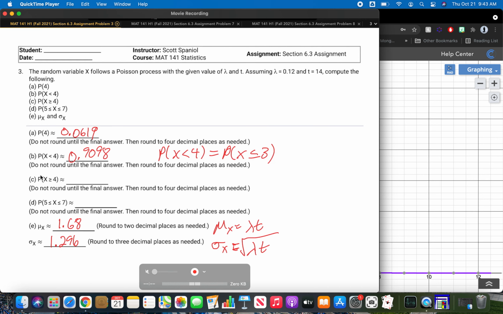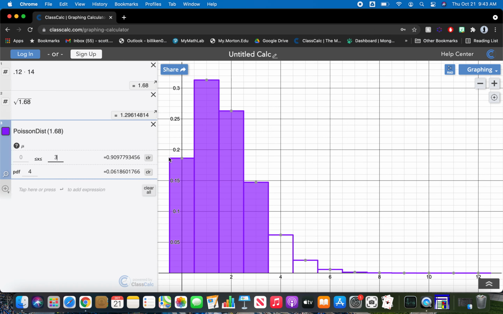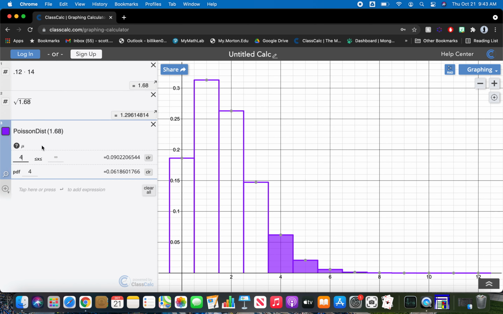So the next one's a little more straightforward, right? It's x is greater than or equal to 4. Greater than or equal to is exactly what we have in the calculator. So we're just going to do 4 is less than or equal to x. And notice that gives us 4, the one at 4 and all the way to the right are now highlighted. So that's the ones it's giving us the probability of. So that's